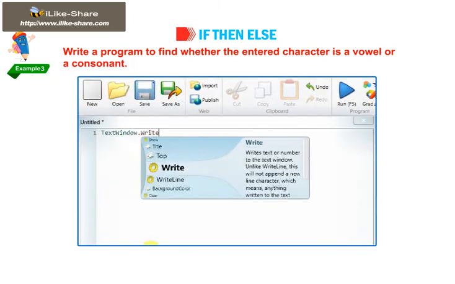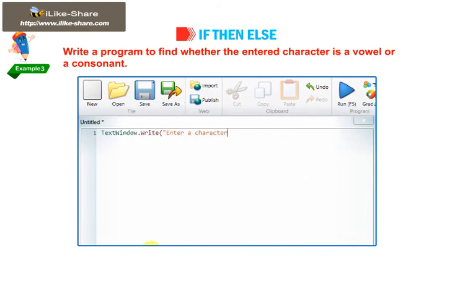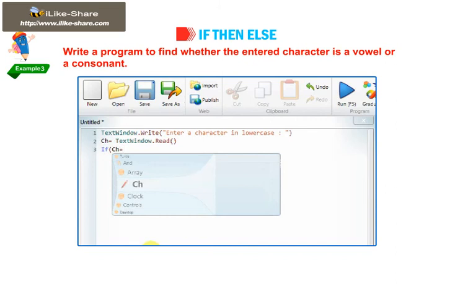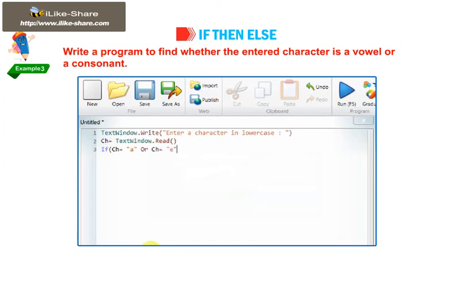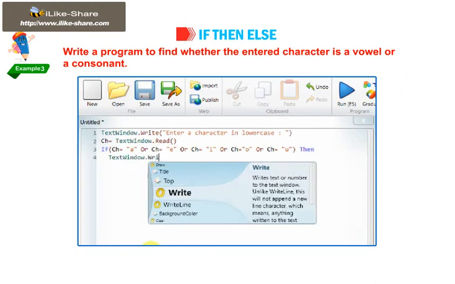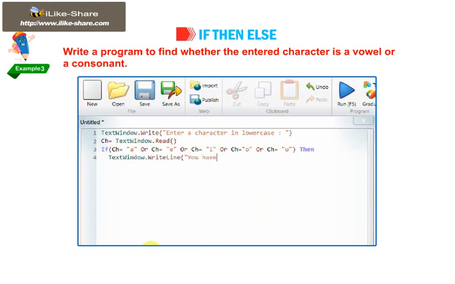TextWindow.Write("Enter a character in lowercase:"). ch = TextWindow.Read(). If (ch = "a" or ch = "e" or ch = "i" or ch = "o" or ch = "u") then TextWindow.WriteLine("You have entered a vowel").